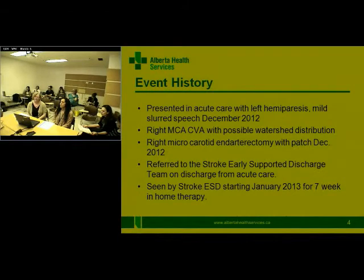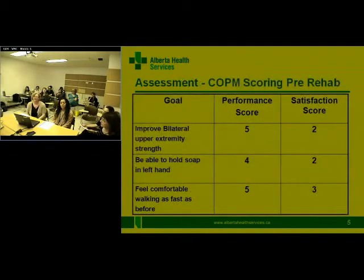He underwent a microcarotid endarterectomy with patch in December, and then he was referred to the stroke early supported discharge team when he was discharged from acute care. We started seeing him end of December, beginning of January for 7 weeks of in-home therapy. All right, so the client was assessed with the Canadian Occupational Performance Measure, and the goals were